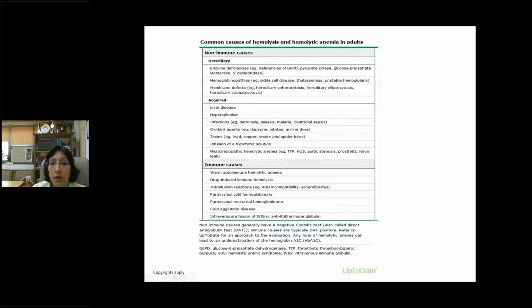hemoglobinuria, cold agglutinin, in which usually the antibody reacts at 4 degrees centigrade. If you raise the temperature of the serum sample to 37 degrees, these antibodies won't react. Then there is hemolytic disease of the newborn, as we always see with an Rh negative mother: if the mother is Rh negative but the baby is Rh positive, then it can lead to hemolysis.